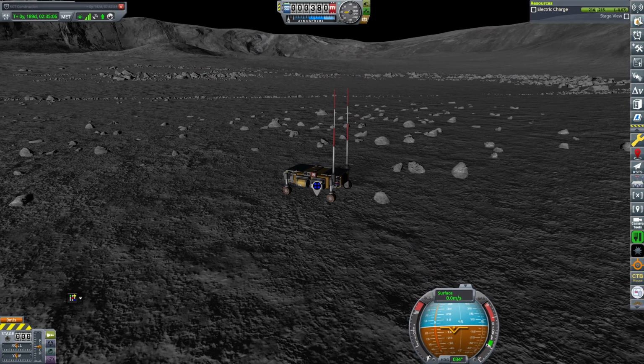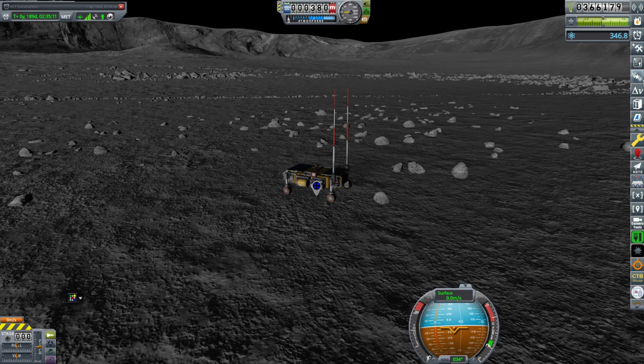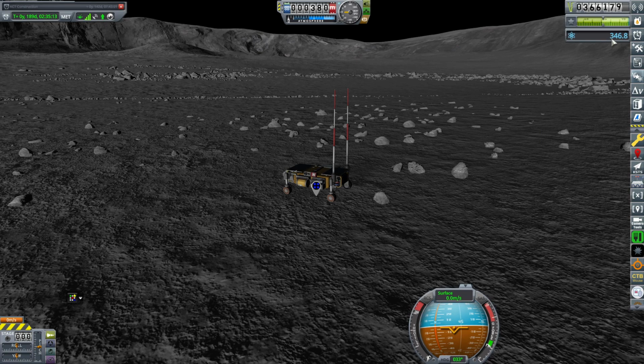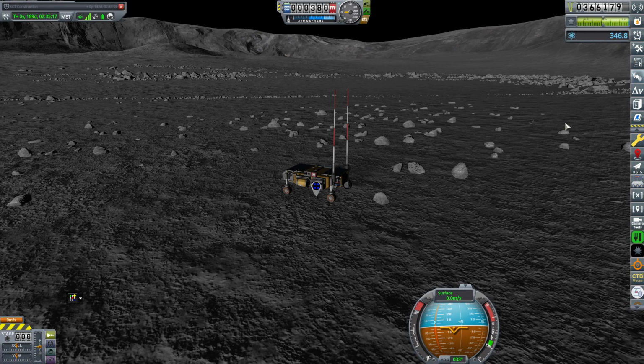Okay, the Wanderer has reached its next location again. This is not what I planned on focusing for this entire episode, but apparently it wants to steal the show. We're at 346 science, and with the snap of my fingers...